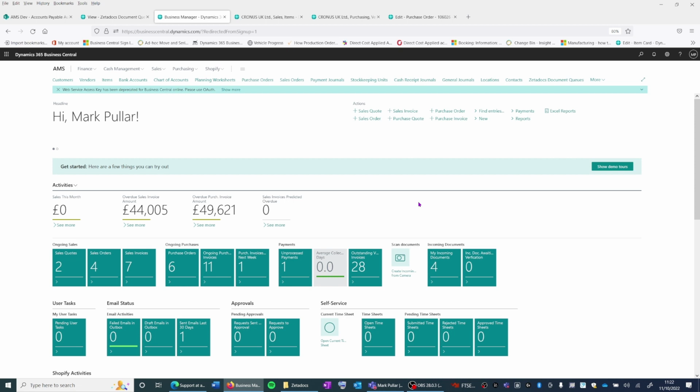From here, the Business Central Zetadocs document handling queue checks the invoice, which can then be subsequently processed by the end user. Using OCR software, important information is automatically extracted and then displayed. This data can then be either automatically or manually matched with corresponding purchase order or goods receipted document lines within Business Central. Once fully matched, the purchase invoice is created, which can then be posted to close down the original